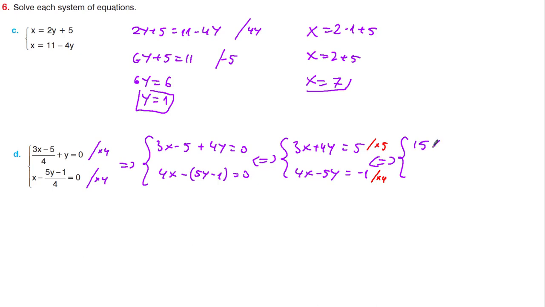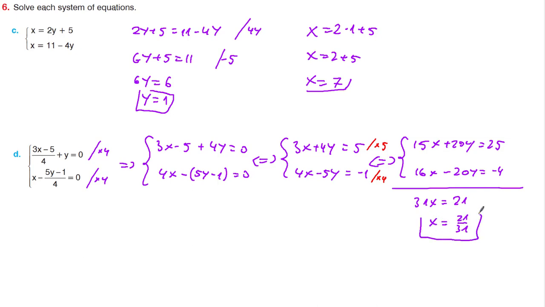We have 15x plus 20y is equal to 25, and 16x minus 20y is equal to negative 4. Add them side by side, we get 31x is equal to 21, which makes x 21 over 31. Go back and substitute x wherever you want here, and you can find y. You can check that one